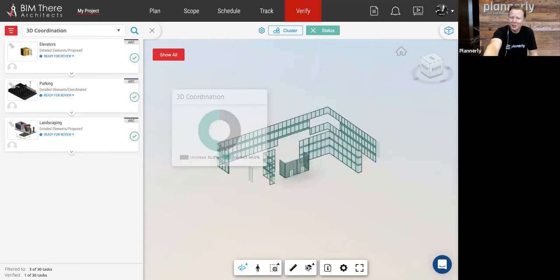So that just makes that workflow a lot easier to be able to submit slowly the things that I'm pleased with and that are ready to be reviewed. And it also allows the coordination workflow to be a lot more streamlined rather than waiting for a whole model to be finished.